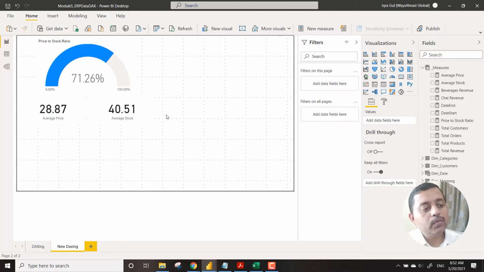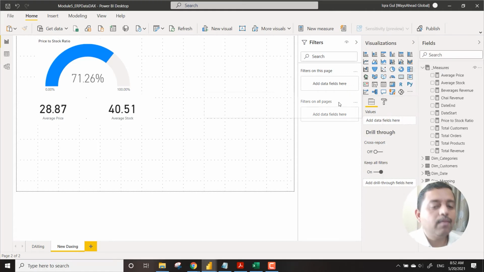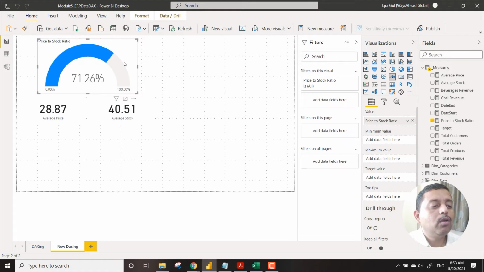So what we need to do is add another measure to counter this, saying whether it is good or bad. So we go to another measure and say new measure, and that will be the static measure. We can call it, let's say, target, and we simply say 0.8, meaning 80%, let's say. So the target is 80%. So we bring in the target, and then we click on this. This is just one of the odd cases that we are referring to.